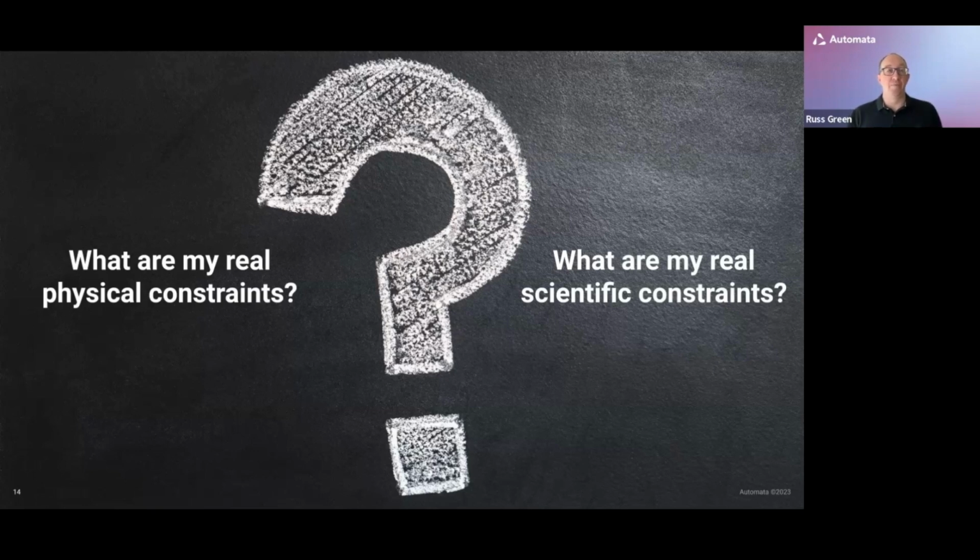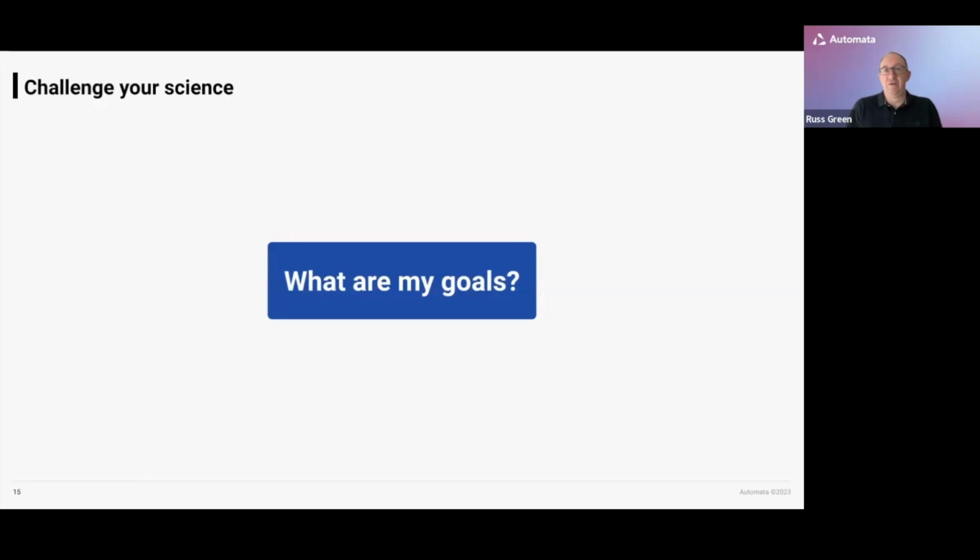The point I want to make when thinking about my real scientific constraints is that I was guilty of this, and I see this so often when we go into labs: we do things in laboratories because it's the way we have been doing it. Typically, we have an SOP that's been optimized at some point in time and we follow it, or more often than not we take that SOP and make our own slight tweaks to it. We do things like operating in those class 2 hoods because it's the way it has been done. I think we should always question that when thinking about a major transition like adoption of automation: what are my real constraints here, and when we extend that out, what are my goals? What am I trying to achieve?